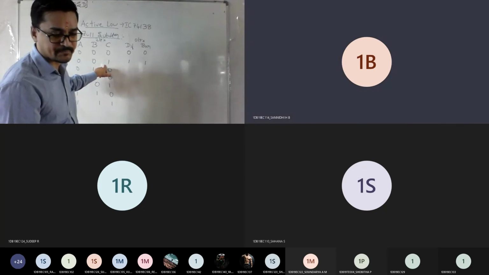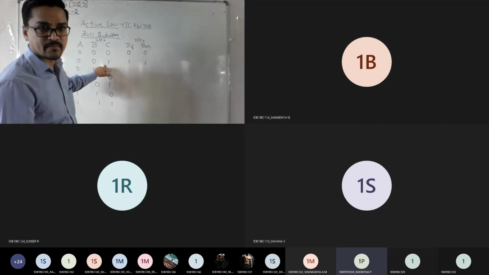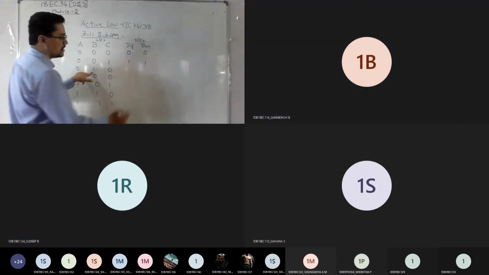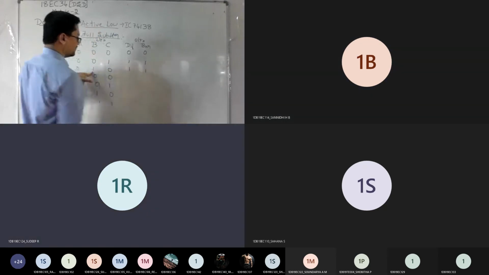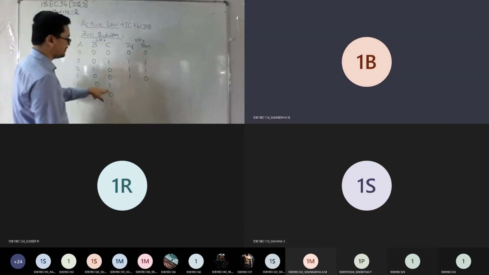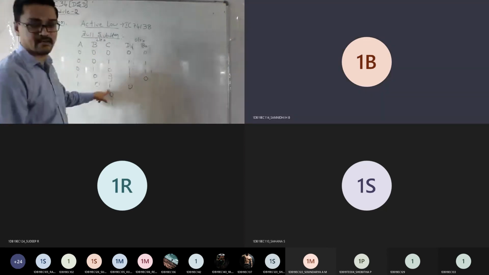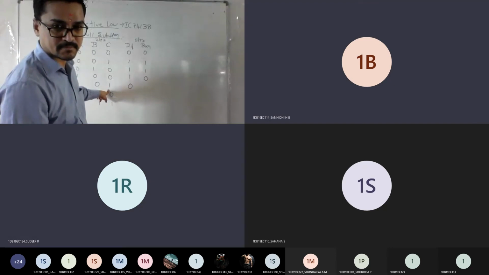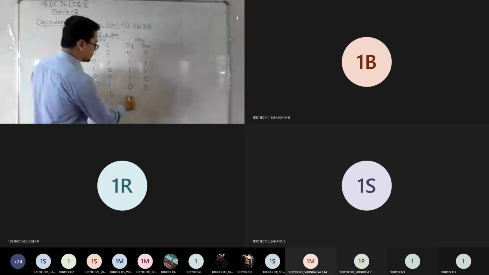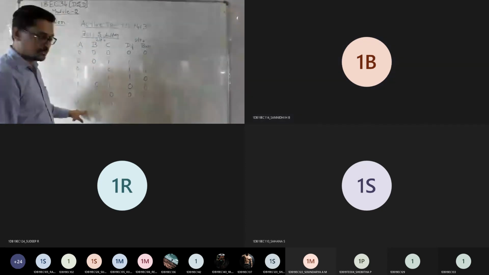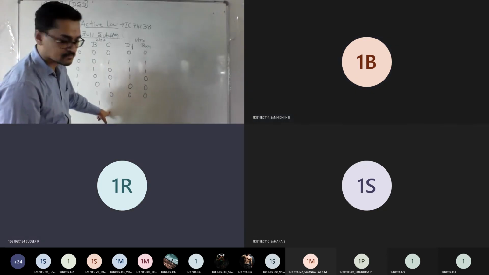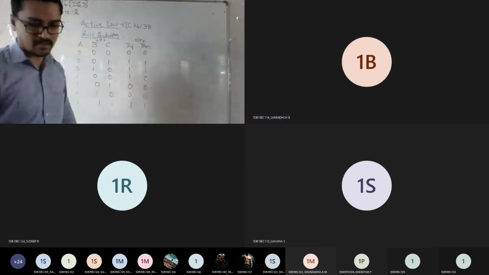I hope you got this already. Everyone? Yes, sir. Yeah, next. Again, same procedure. 0 minus 1, again borrow is required. Difference is there. Next, difference is 1, borrow is 0. And here difference is 0. Do you have a borrow? No, sir. So you won't get any borrow, right? Because 1 minus 1 becomes 0. Again, 1 minus 1 becomes 0, same thing. And lastly, 1 minus 1, 0. Again, 0 minus 1, what's the answer? 1, 1. Good. So this is the table you wanted.